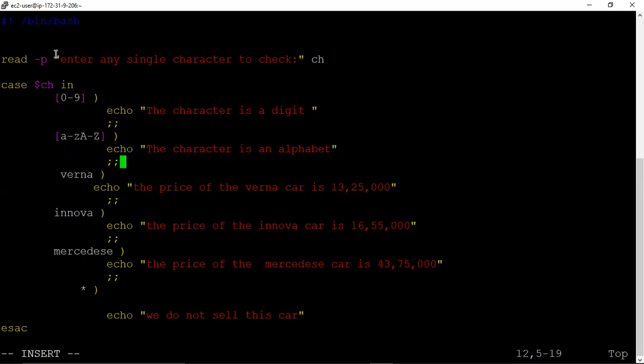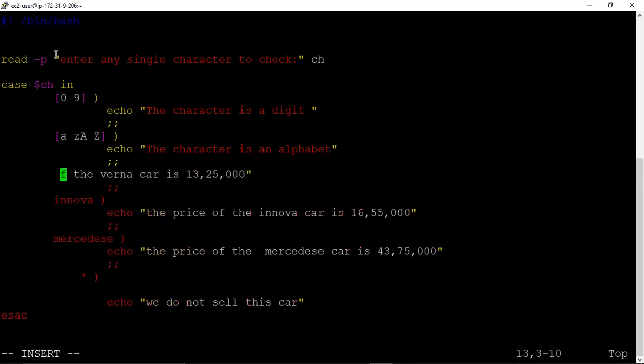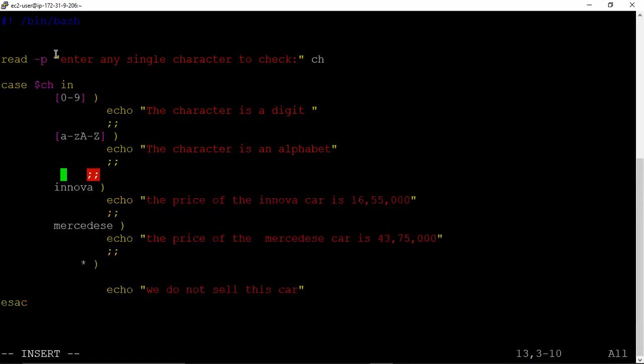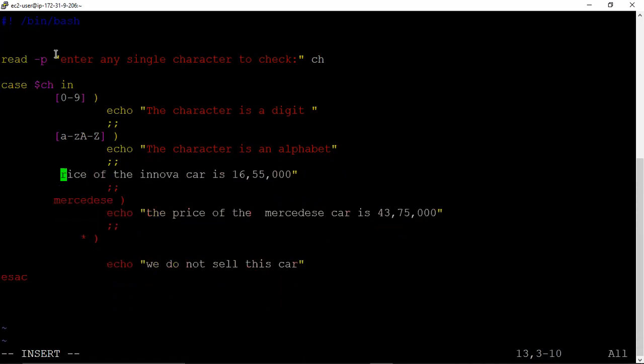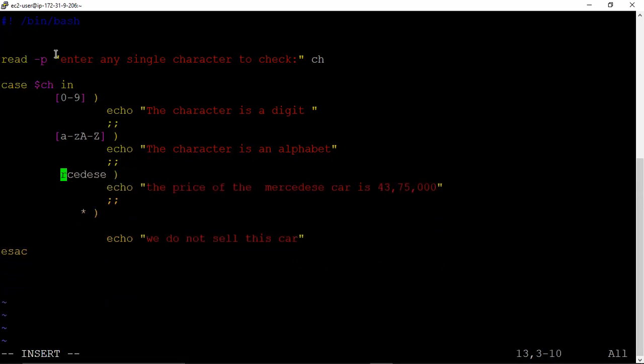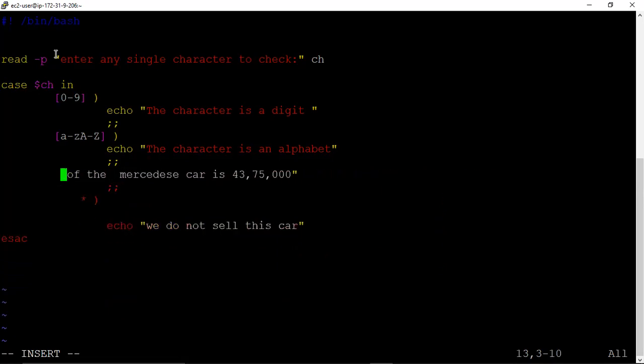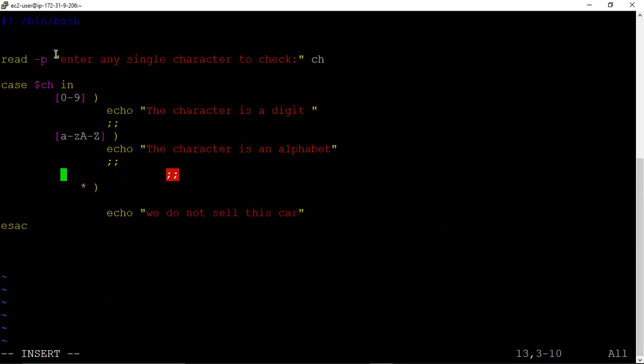Now friends, if we have defined 0 to 9 as digit, and then defined small letters as well as capital letters, we need not write a special condition for a special character.